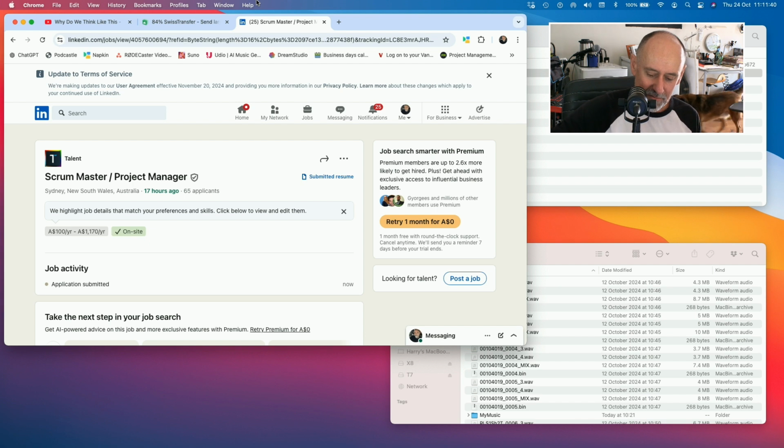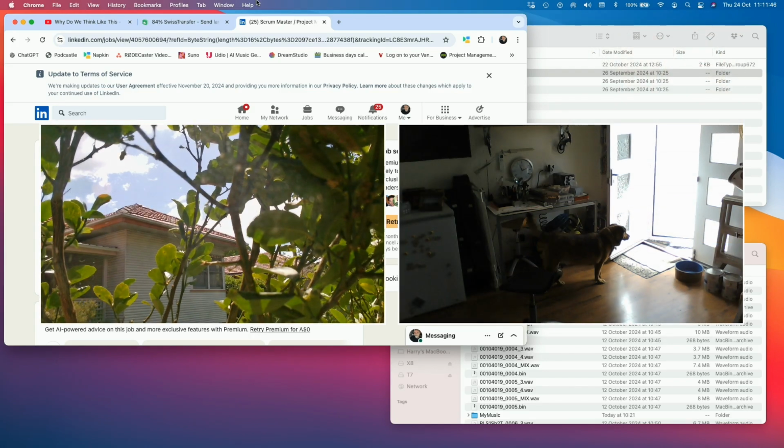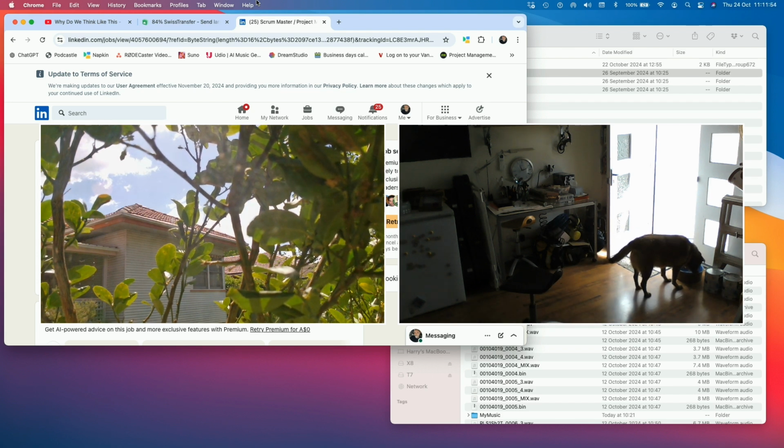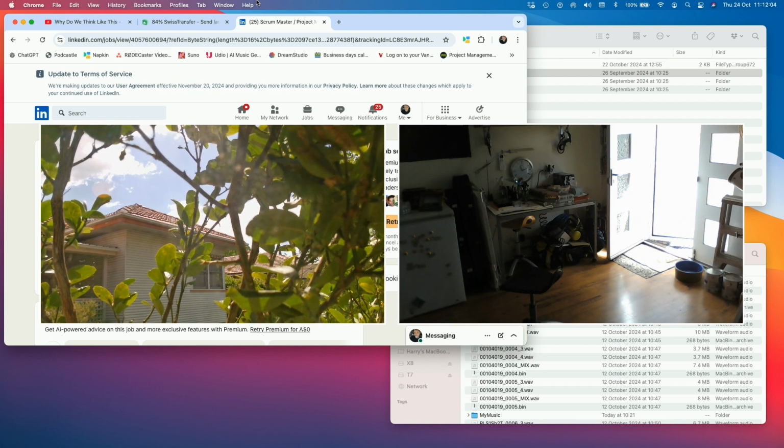I've got a new camera set up, and I wanted to show you this view that we've got outside, inside and outside. So there's a view on the right for Alfie's positioning in the shack. He always has a bit of a drink, and then he has a lie down. He'll sit in front of the door there to keep an eye on what's going on. Our security dog. Oh, he wants to go outside. Okay. And I've got a view outside,